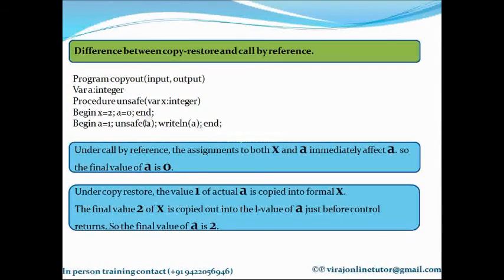whatever changes were done inside, I had actually passed the value of A to X. So A was 1 here. When I passed A to X, X became 1, but X was changed to 2 here. But since I had passed just the R value, this 2 is not reflected at the calling point. So X becomes 2 only inside this function definition. A does not change its value. But since A is global and I have made A equal to 0 inside, if I print A, it will be equal to 0.